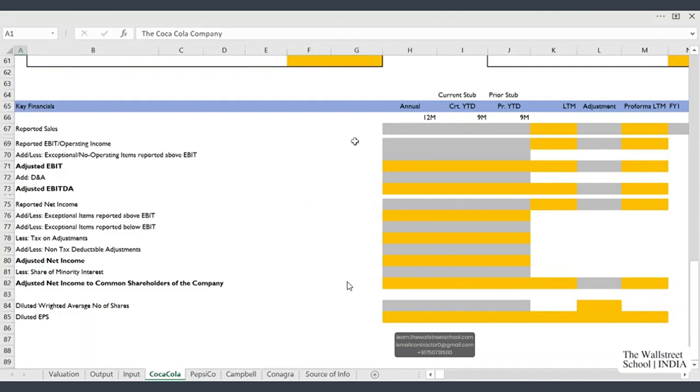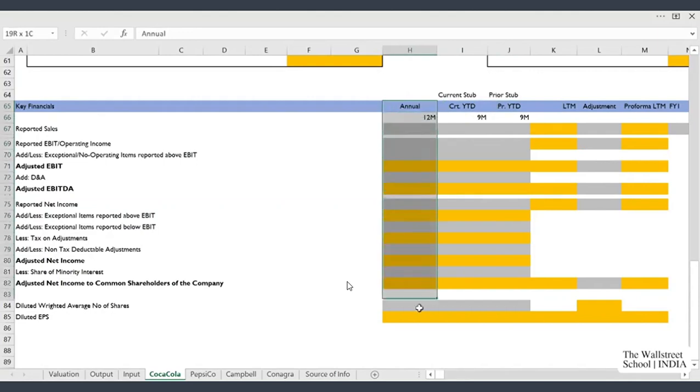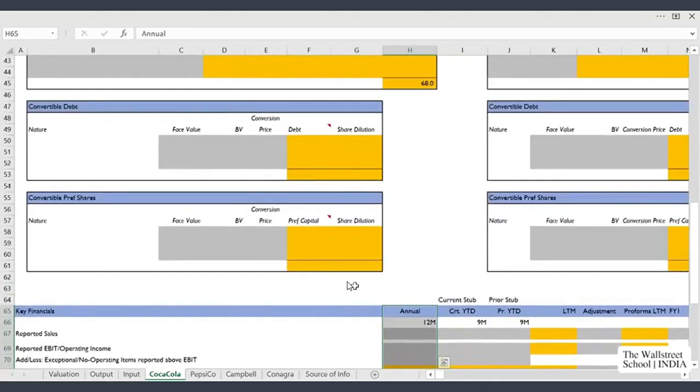As you can see in this table, we have 3 columns: annual, current year to date, and prior year to date. In this annual column, we need to punch in latest annual numbers of Coca-Cola. This latest annual numbers means latest annual report what Coca-Cola has published on updation date.